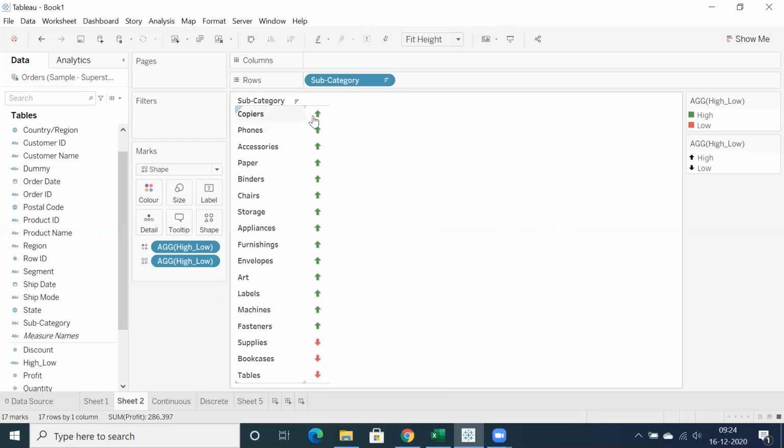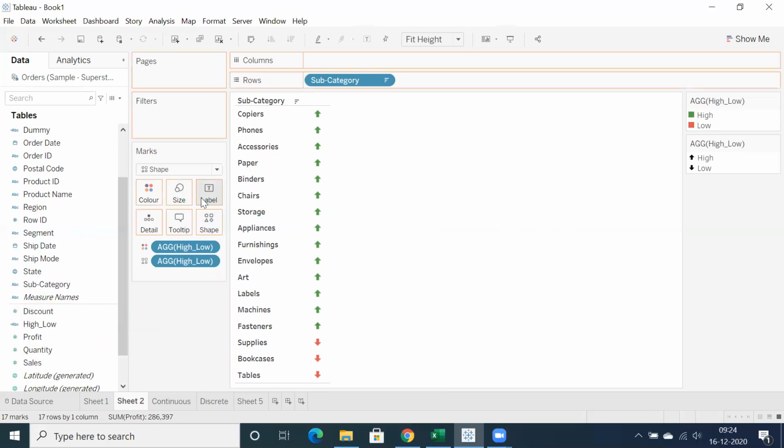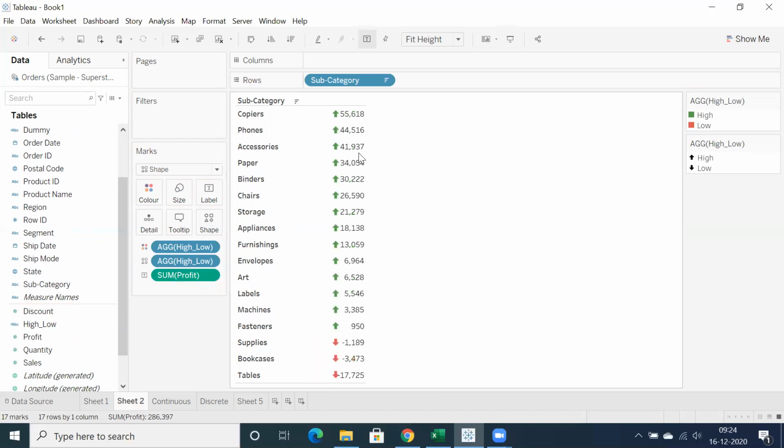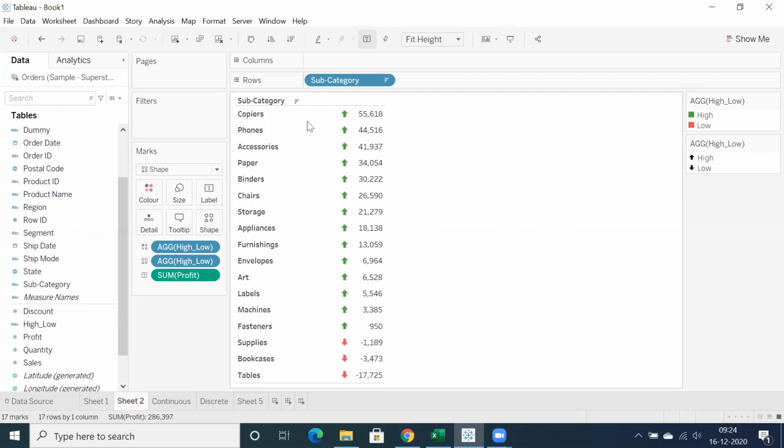But if you want to showcase both indicator and a value, what you can do is just drag and drop profit into label, and you can resize. No need to go for discrete and continuous here as well. But why I prefer discrete and continuous in this case is you're wasting this much space.